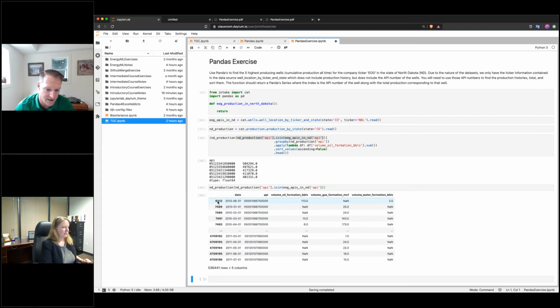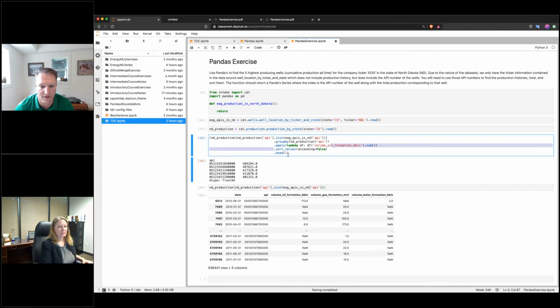You can also see that the indexes are not contiguous, the first 6,000 are missing. That's because those weren't EOG's wells in our original data frame. So just the wells that you see here are EOG's wells, and then we can go on and continue. The next line is where we group them by API, sum them over all months of production, sort them, and then print out the first 5.